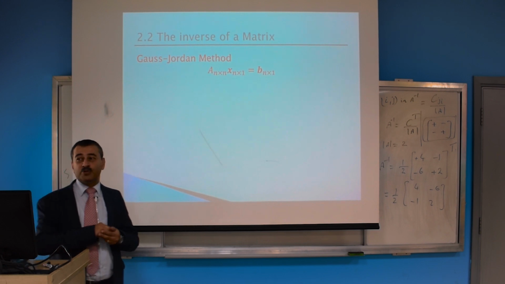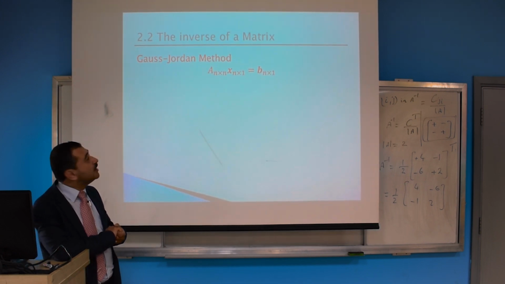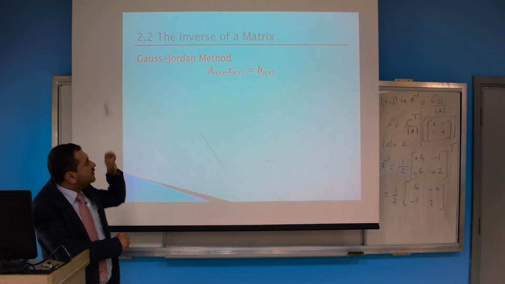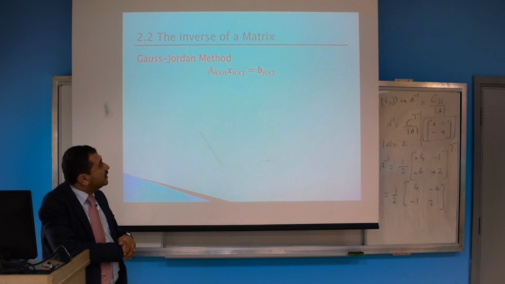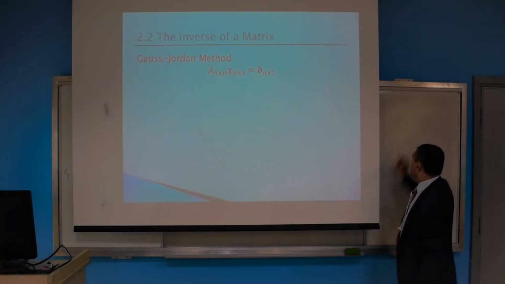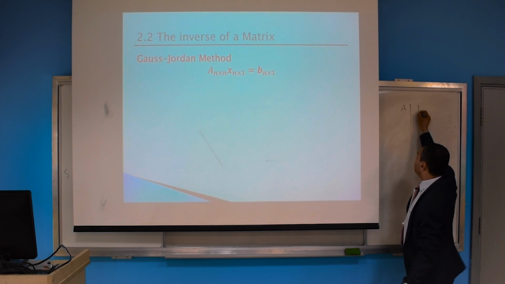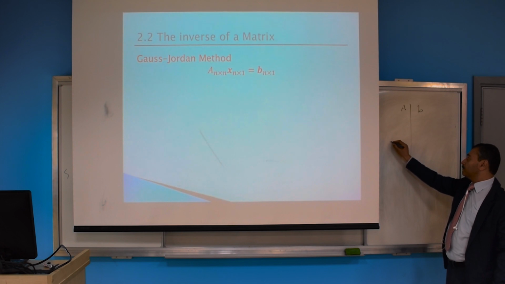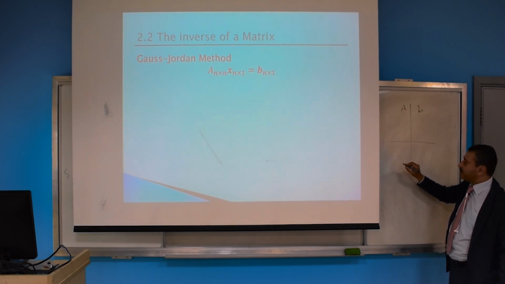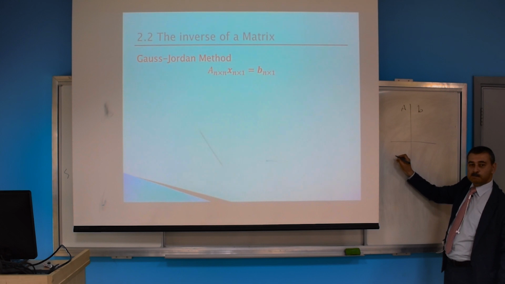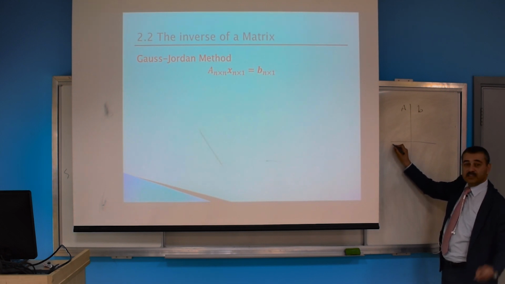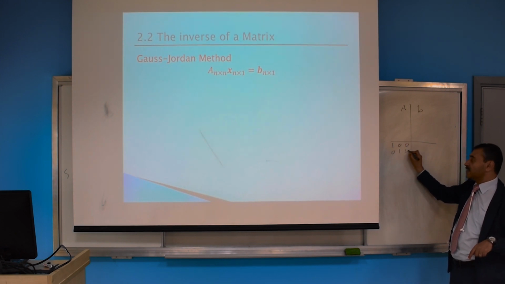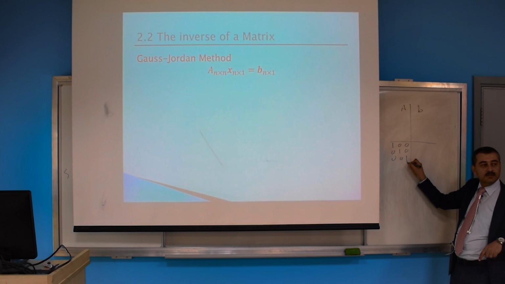Let's remember Gauss-Jordan. If you remember the Gauss-Jordan method, let's apply it for the square system here. If you have a square system, Ax equal b. What we did in Gauss-Jordan, we write A augmented with b. And then do the reduction until, if A is 3 by 3, for example, you'll end up with pivots, and the pivots are ones. You get 1, 0, 0, 0, 1, 0, 0, 0, 1. Okay?